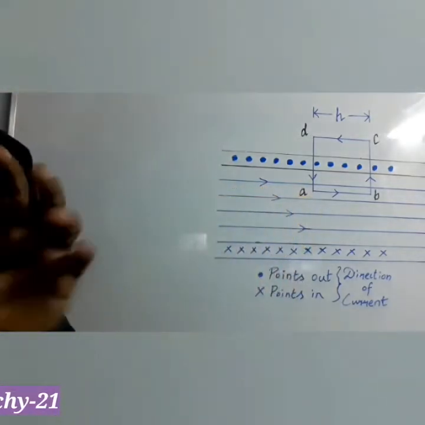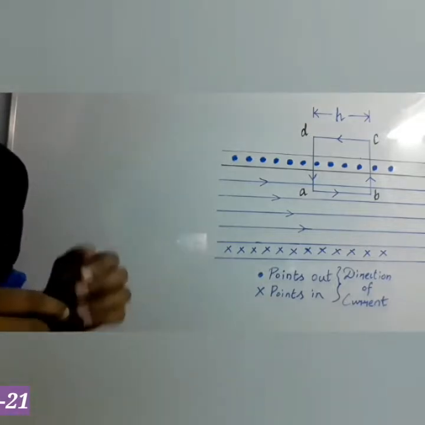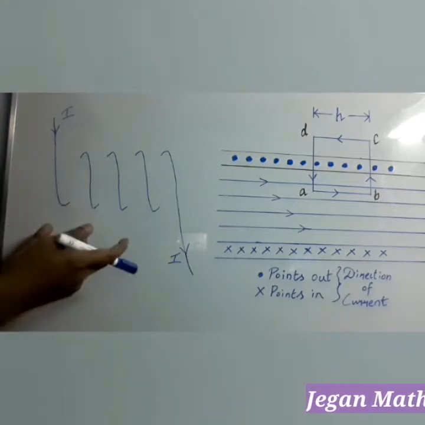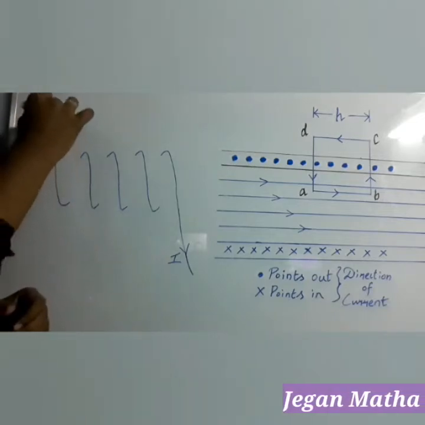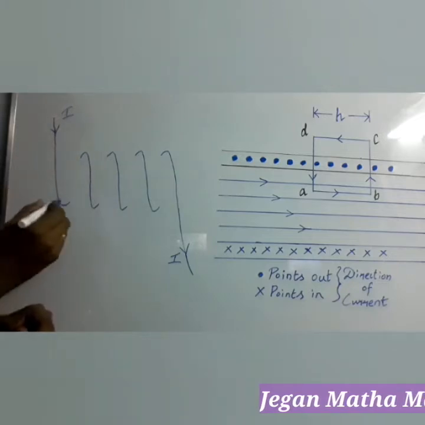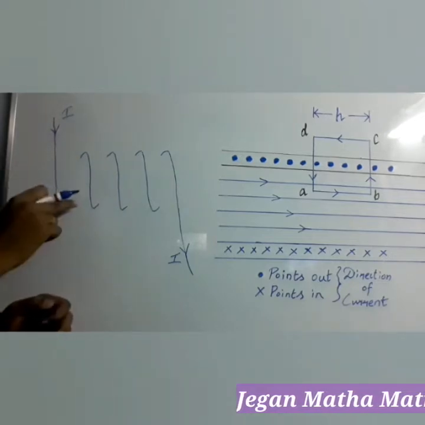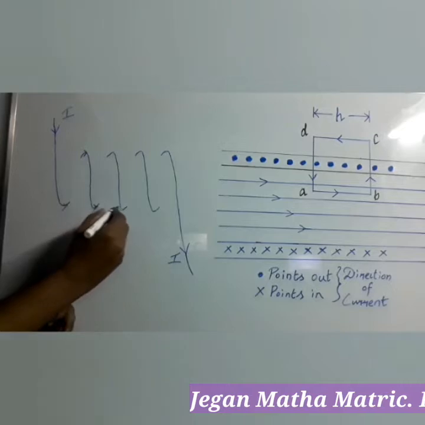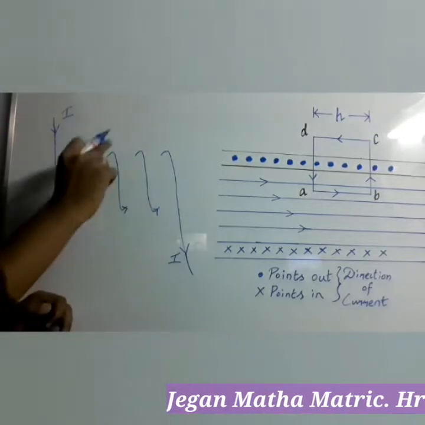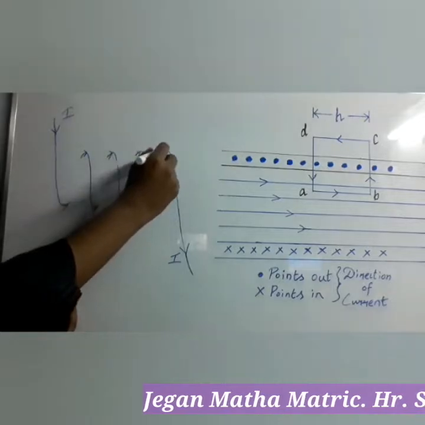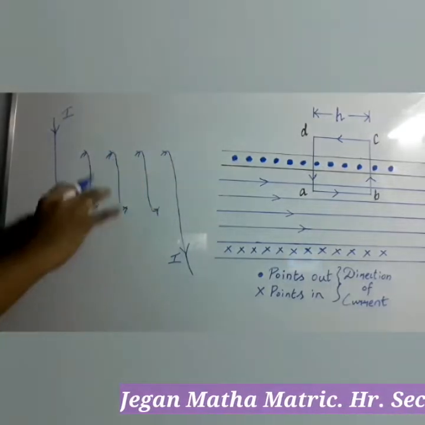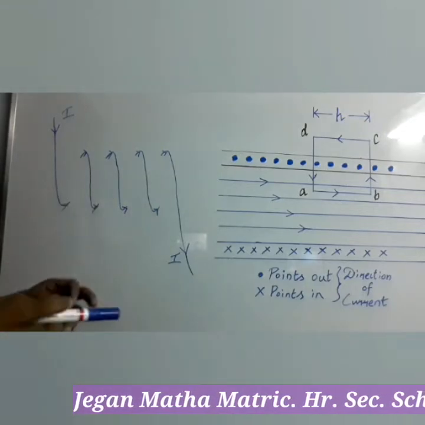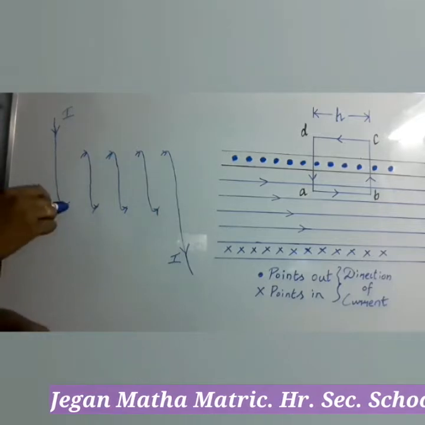Now we can find the direction of the magnetic field with the help of the picture. Here I have drawn the outline of the solenoid. Current is entering the solenoid like this. At the bottom, current enters, and at the top, current comes out. Now we are clear about the direction of the current. How can we find the direction of the magnetic field? For that, we have to use Maxwell's right hand corkscrew rule.